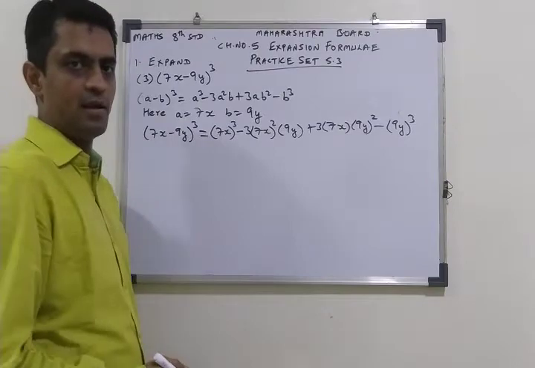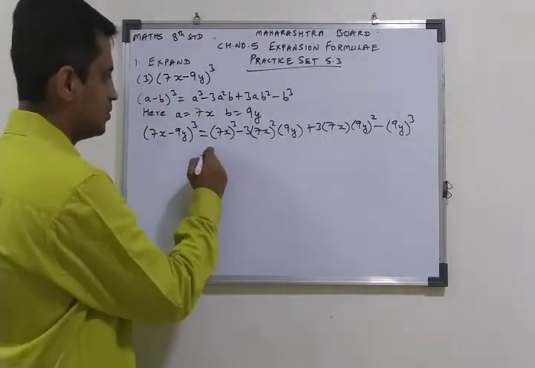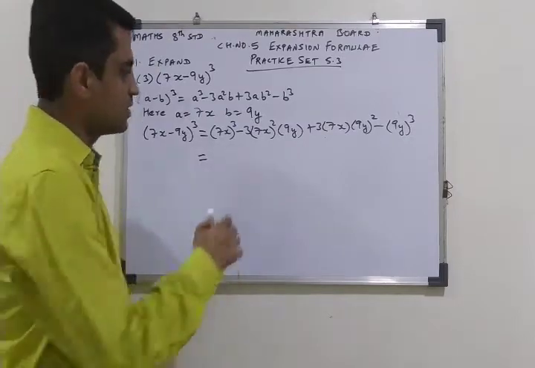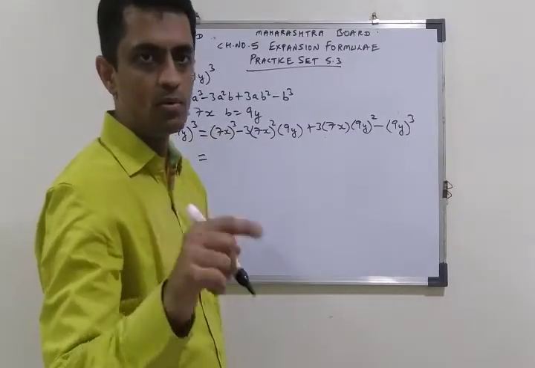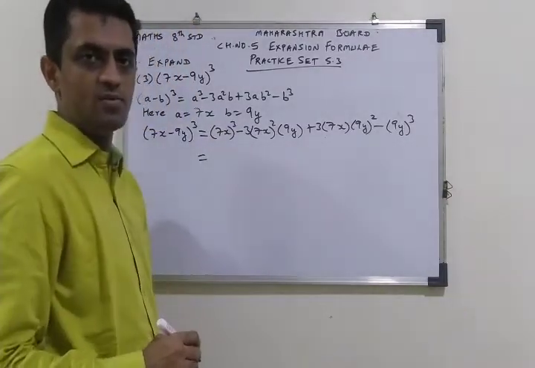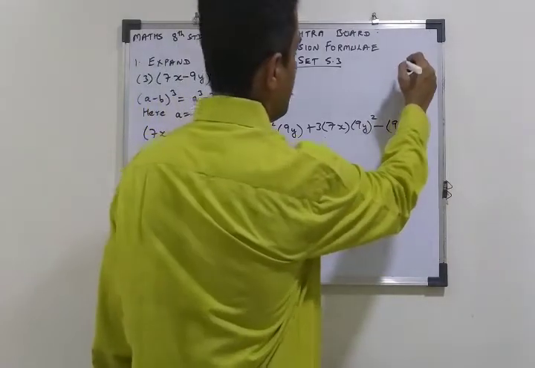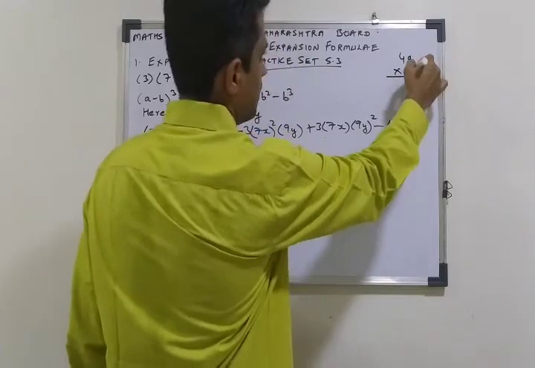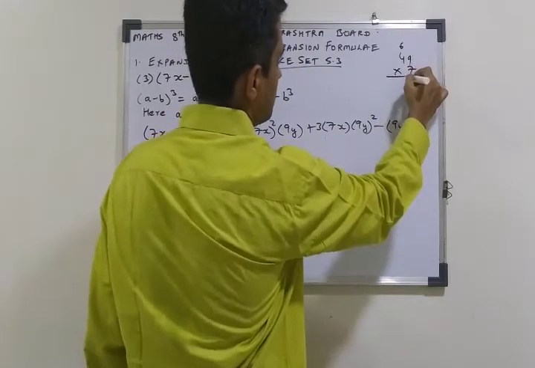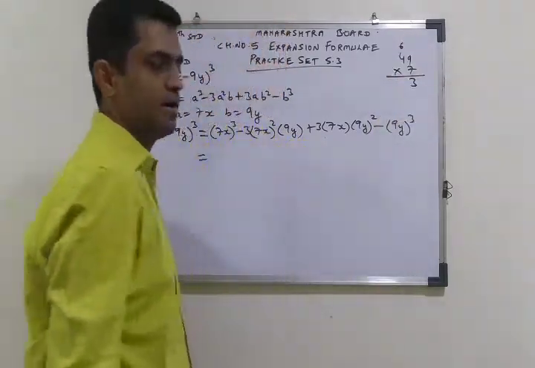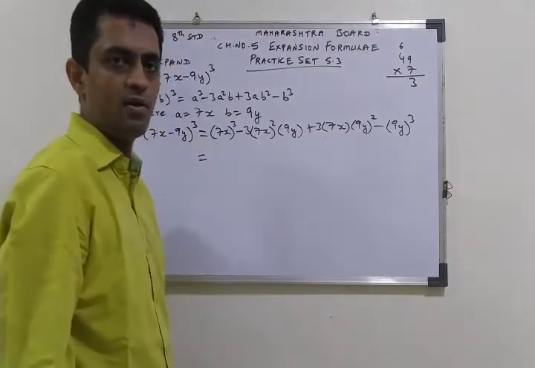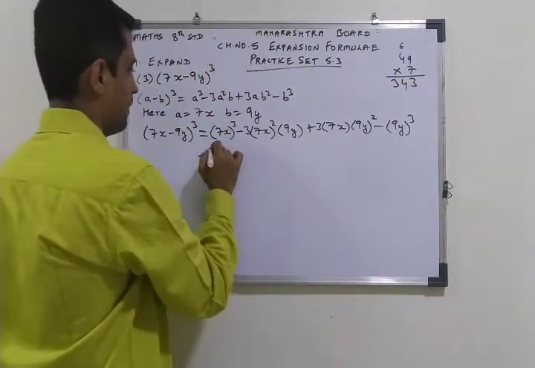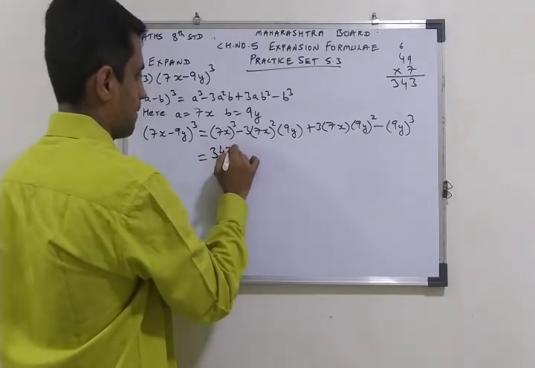Calculation slide will be there here. Let us do 7 cube. 7 cube is not 7 threes are 21. No. 7 cube means 7 into 7 into 7. 7 sevens are 49 and 49 into 7. 7 nines are 63. 7 fours are 28, 29, 30, 31, 32, 33, 34. So 343 x cube.